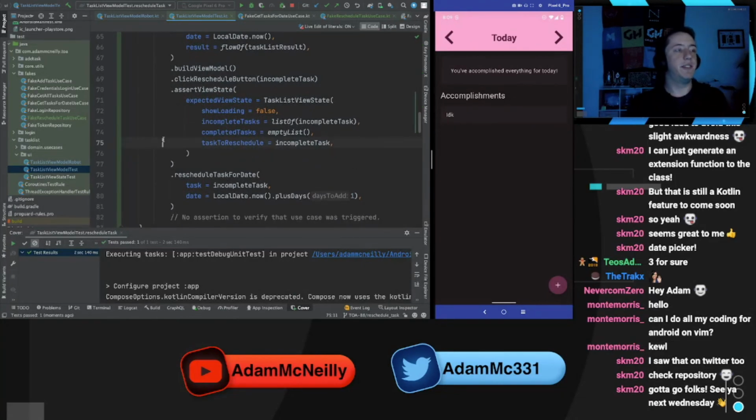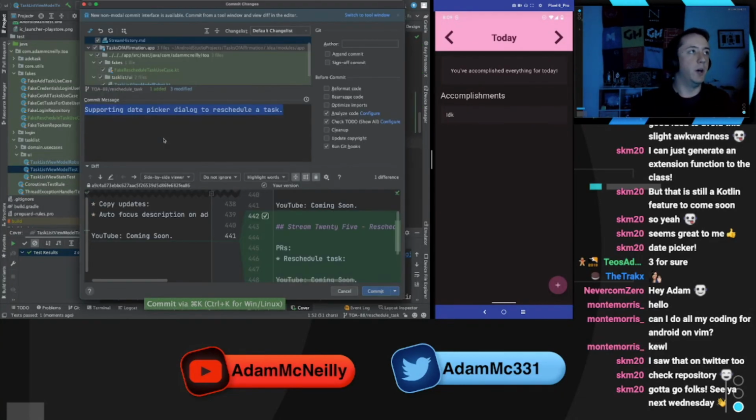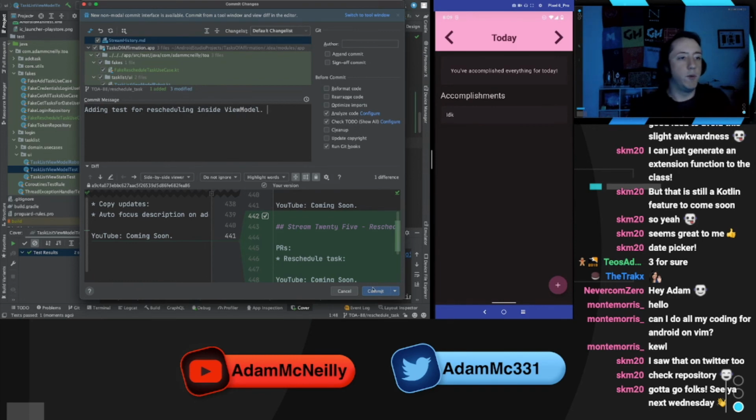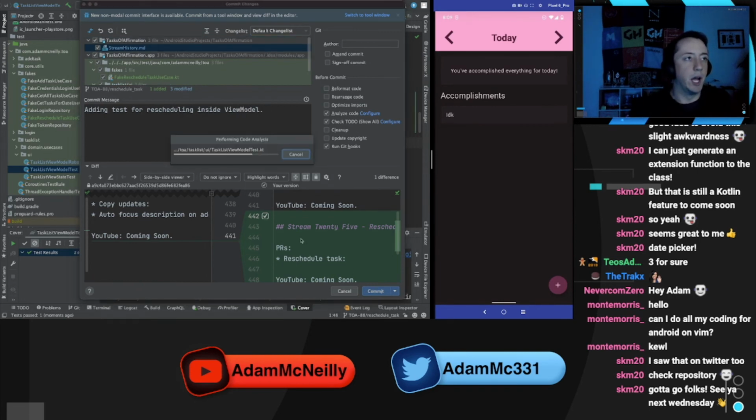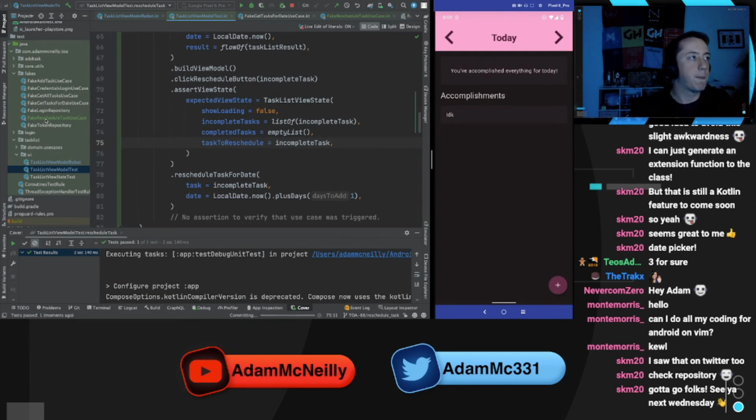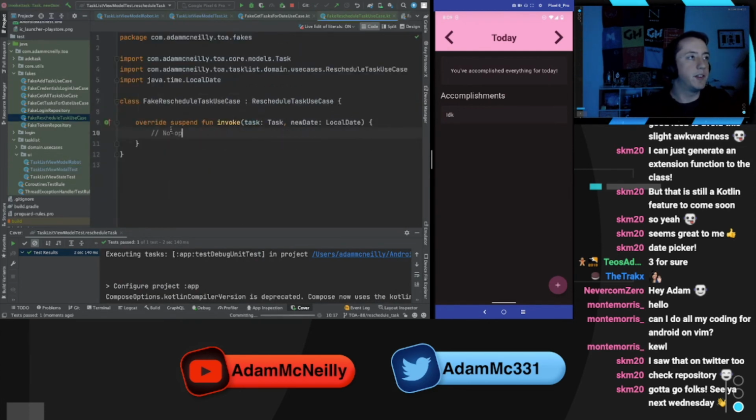Okay. So this part is working. Going to do a single commit here. We'll say adding test for rescheduling inside view model. We may write some other tests here, actually, the more I think about this. Well, one is, let's update this use case to keep track of